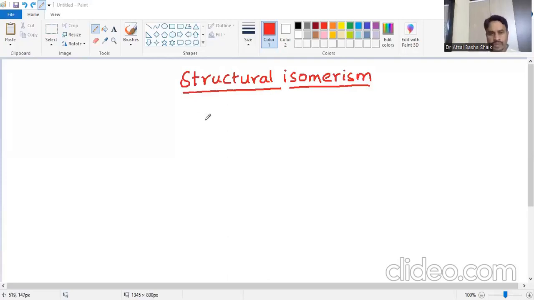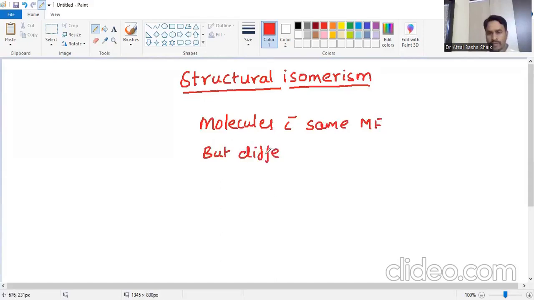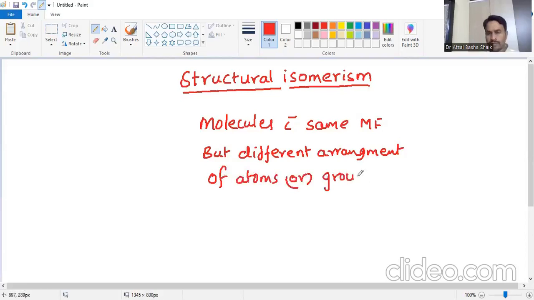So simply, isomers are the molecules with the same molecular formula, but different arrangement of atoms or groups. So for example,